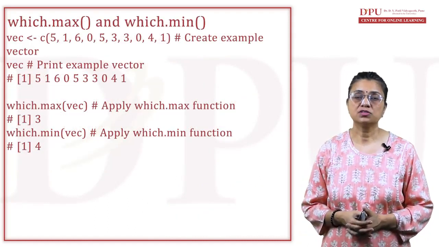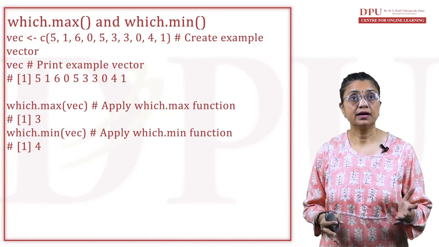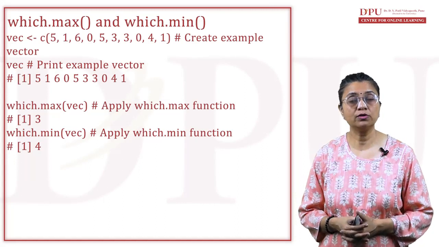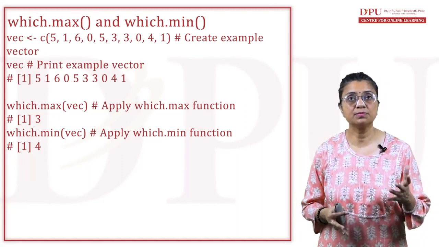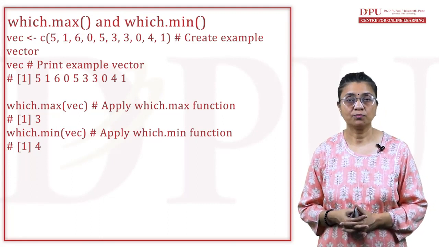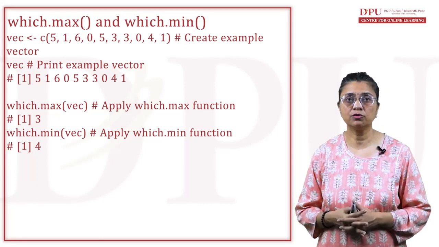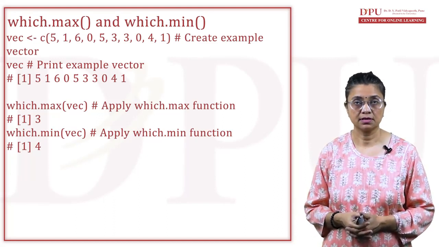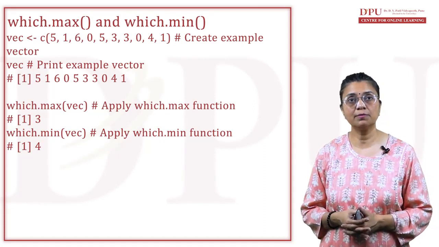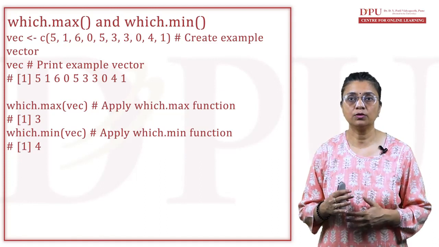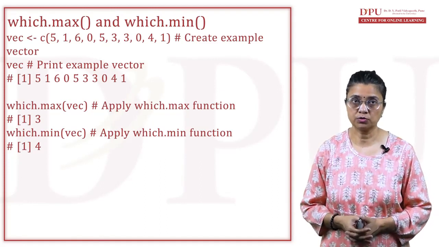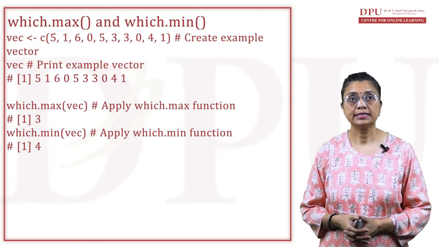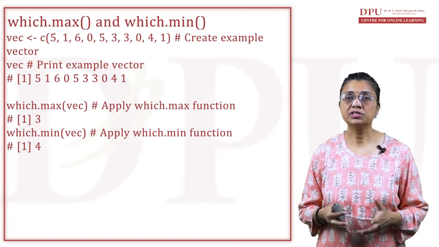Now we will discuss two functions which are very popular in R. They are which.max and which.min. These functions are very good for finding the maximum value and the minimum value. They are shorthand notations, and in these functions we pass the vector variable within the parenthesis. The moment we pass the vector variable within the parenthesis, we get the maximum or the minimum as an output. You can see over here in the sheet that vec is a variable which is holding values